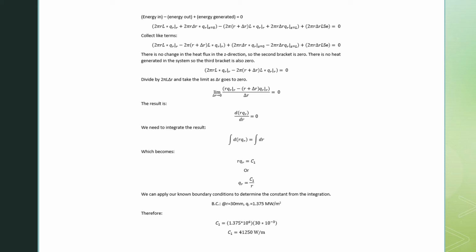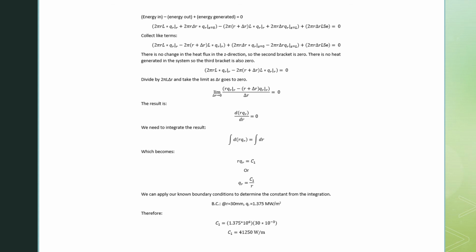Once they have this, the student must realize that the boundary being investigated is at the wall, and as such, C1 over R cannot be simplified to 0. But instead, C1 is to be solved for using our first boundary condition, which is at R equals 30 millimeters, QR is equal to 1.375 megawatts per meter squared. Doing so will net them C1 is equal to